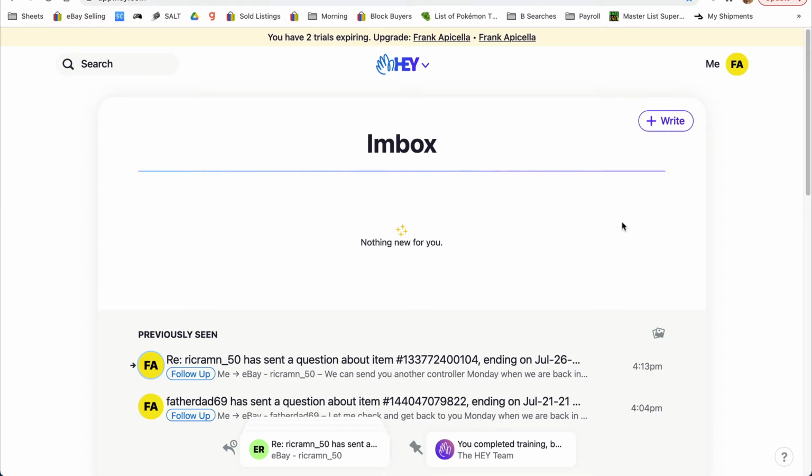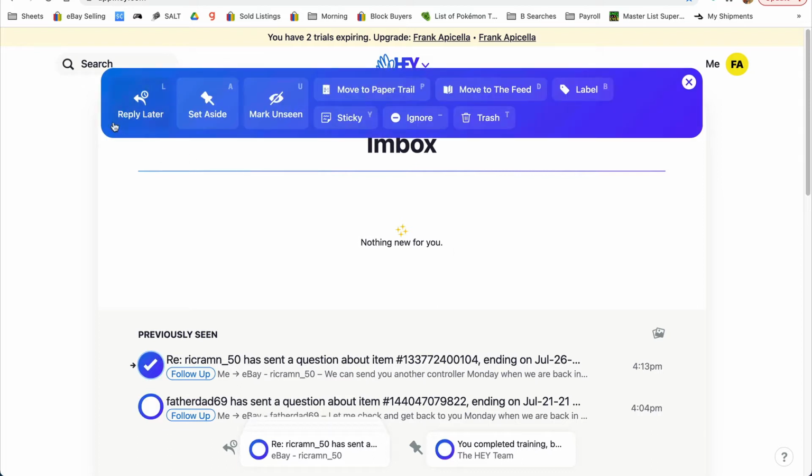So I've been using the Hey email client from Basecamp for a few days now, and I absolutely love it. It's given me so much more control over my inbox and maintaining inbox zero. So the coolest feature is this X button. If you hit X, it pulls up